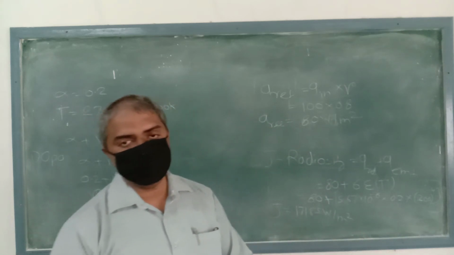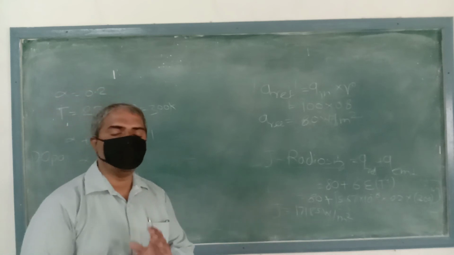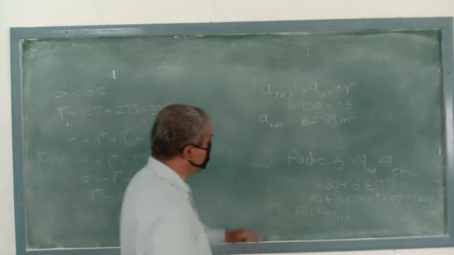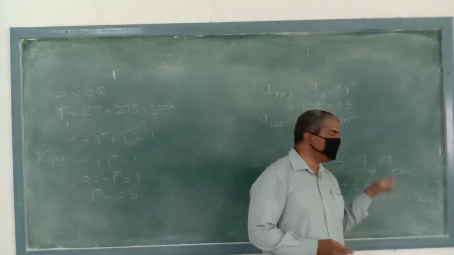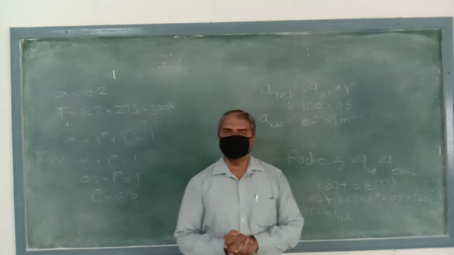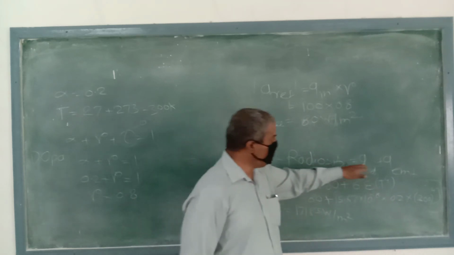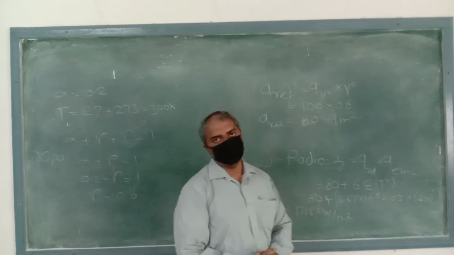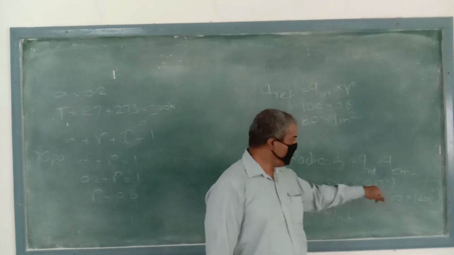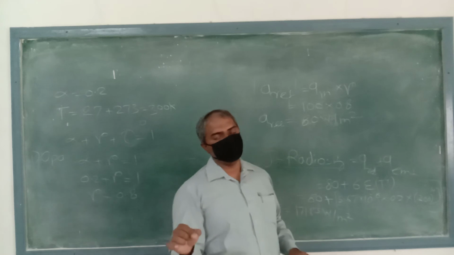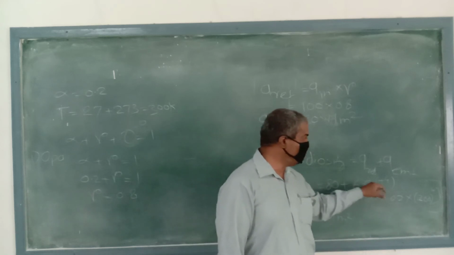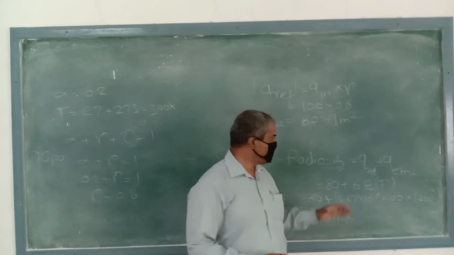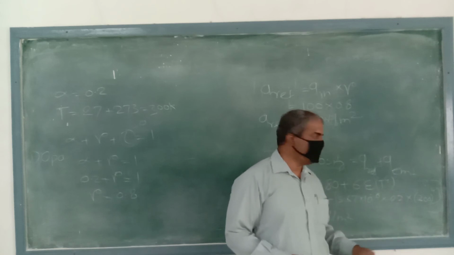Okay, just see how we have solved this problem. In this problem they are asking you to calculate radiosity, but while calculating the radiosity we require the Q reflected and Q emitted value. But Q emitted value we can calculate: sigma into emissivity into T raised to 4. Sigma constant value, emissivity value they have mentioned, emissivity they have given 0.2, temperature they have given, we have converted into the Kelvin format. So we can calculate this value, Q emitted, easily.